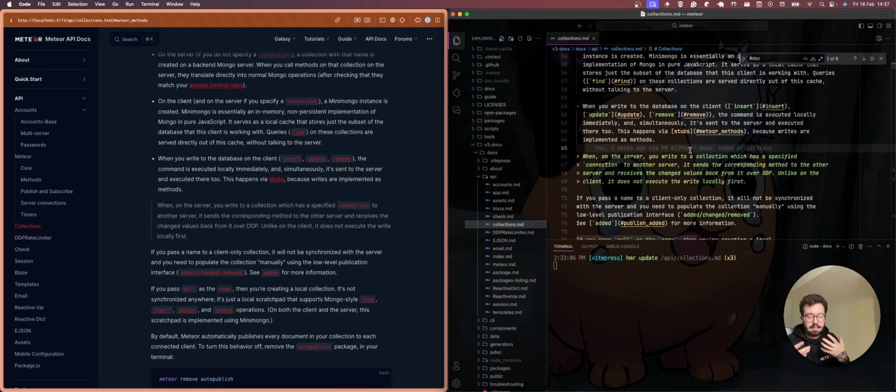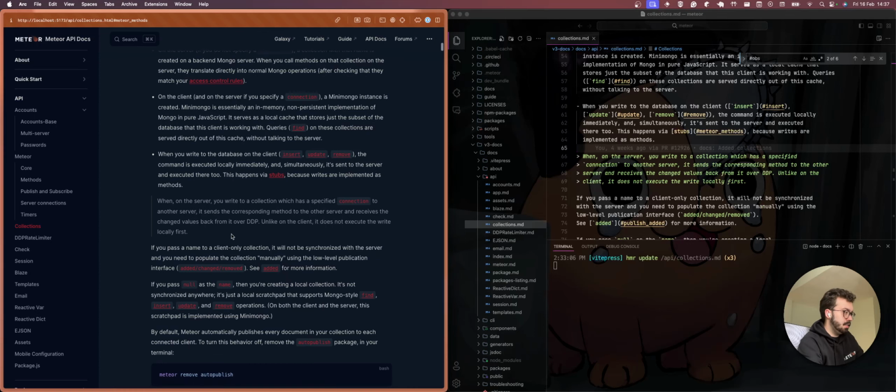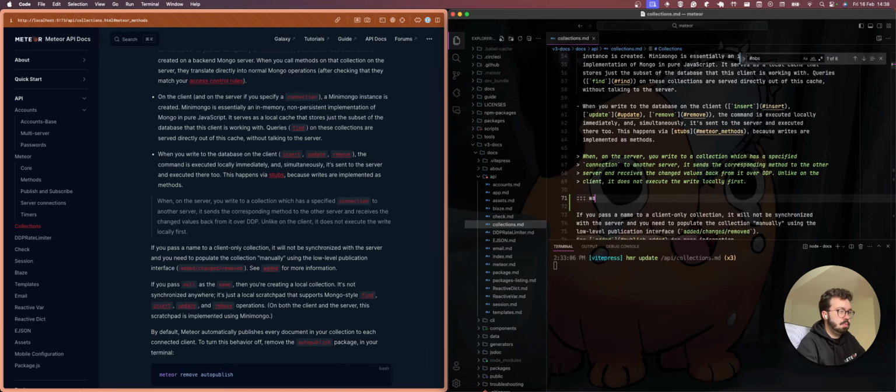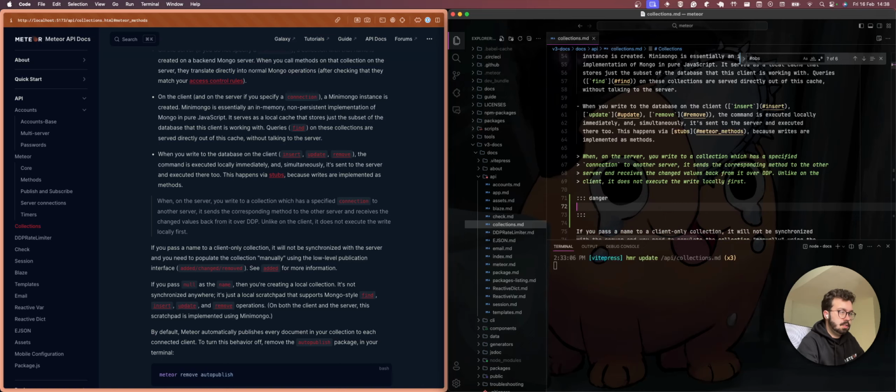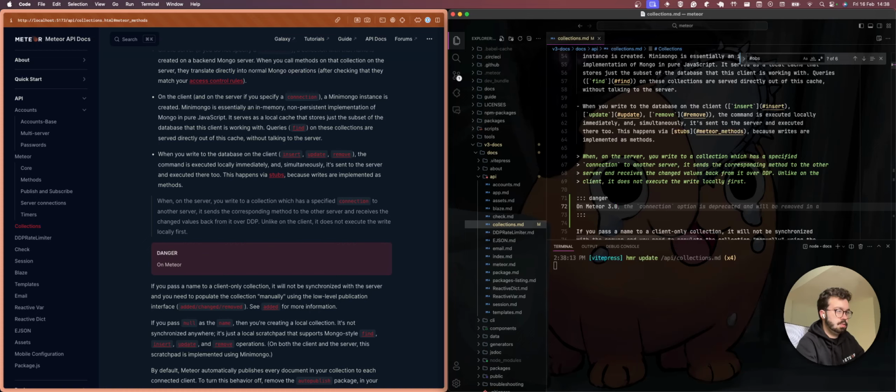It has this information here, but sometimes I have to dig around to find it, and I'm going to make it more clear and precise now. So after this, I'm going to add a warning or a danger saying that in Meteor 3.x and later.